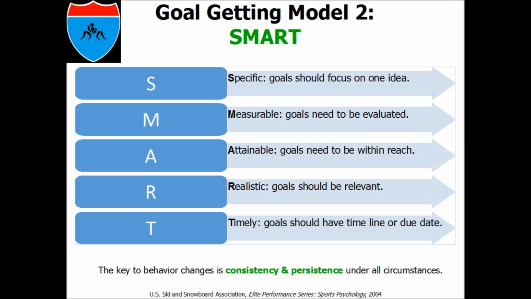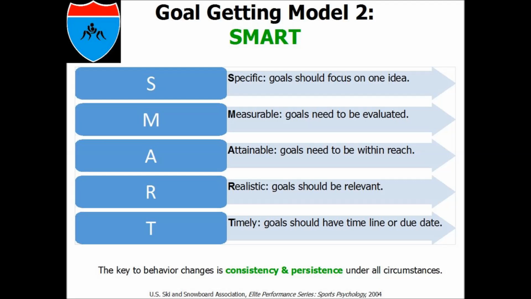under all circumstances. What does that mean? If you consistently are attacking your goals, if you are consistently getting your goals, and that means going after them again, again, and again, that's going to keep you on track. And if you're persistent, meaning sometimes things don't go the way you want them to go, but you are consistent, you're going to keep doing it no matter what, that is going to change your behavior. Your behavior change is actually what makes who you are on an ongoing basis.